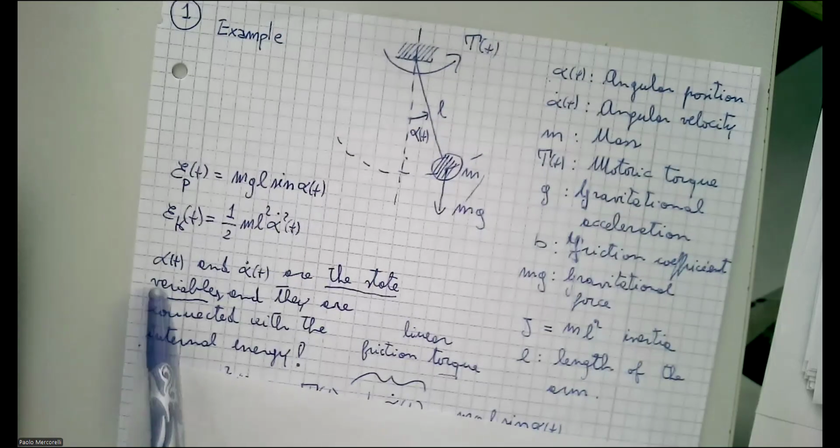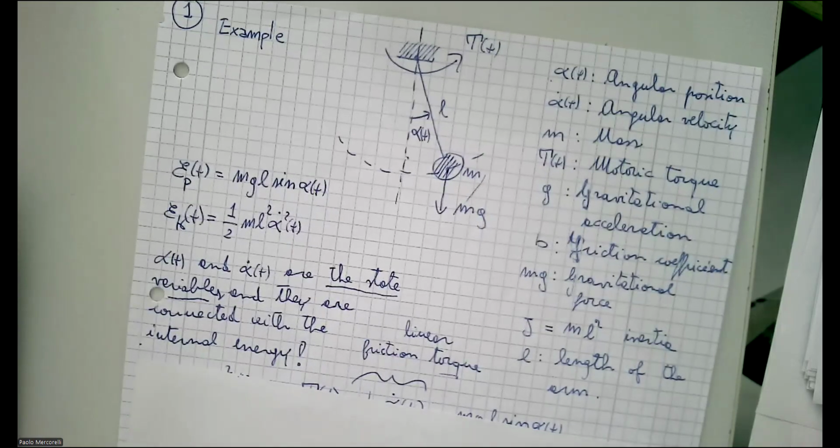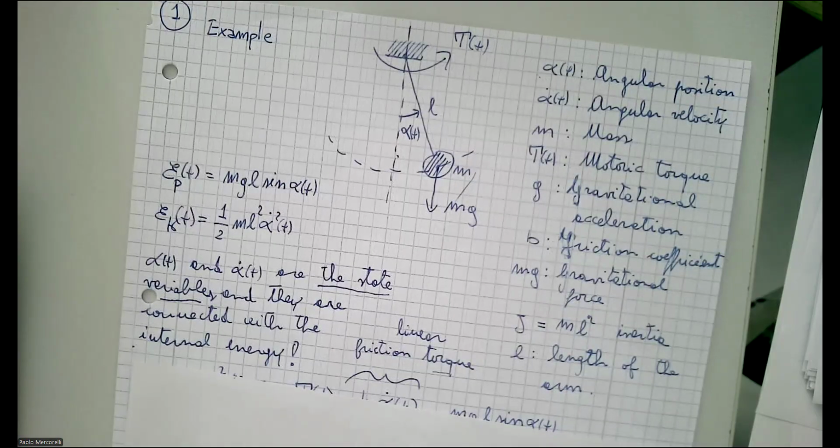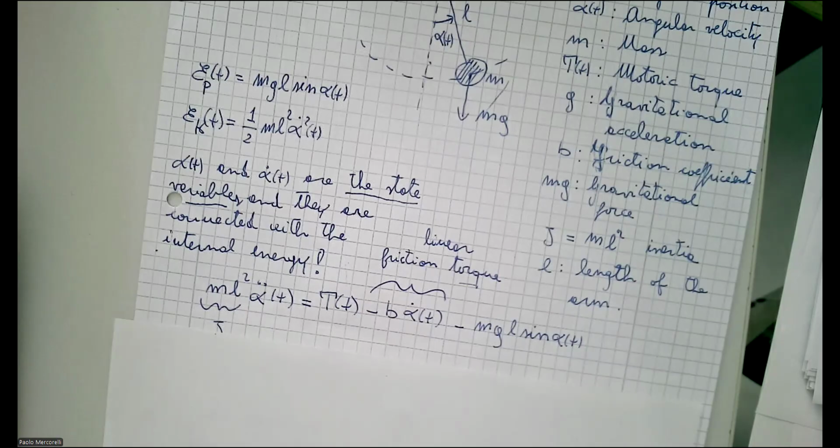Again, very important to repeat, alpha and alpha dot are the state variables and they are connected with the internal energy. Now we have two energies, potential and kinetic energy. Look now at the balance. We can see now what I told you until now. Again, m multiplied by L square is J. Don't care about the model at this moment because we are more oriented in control. But of course,